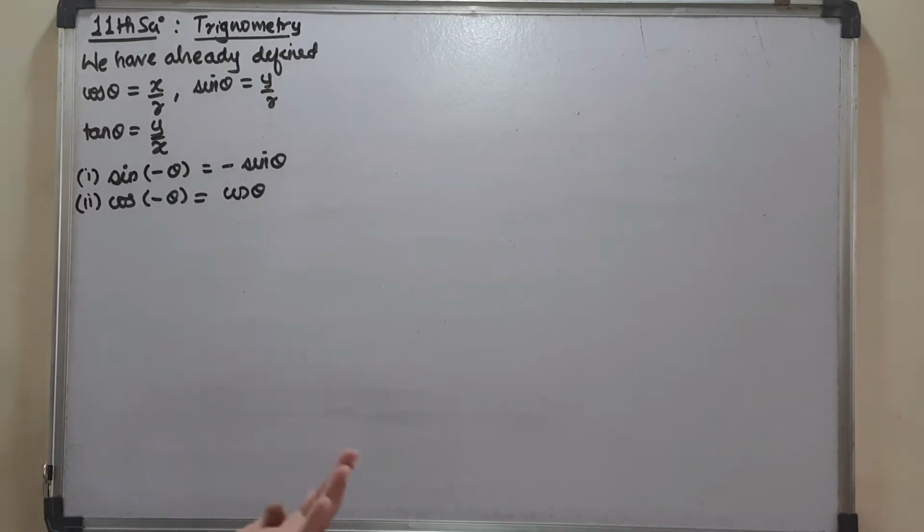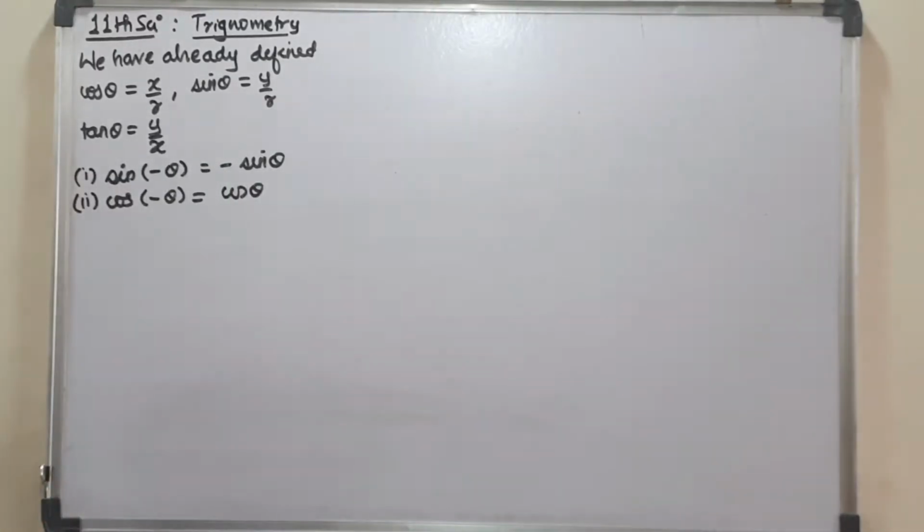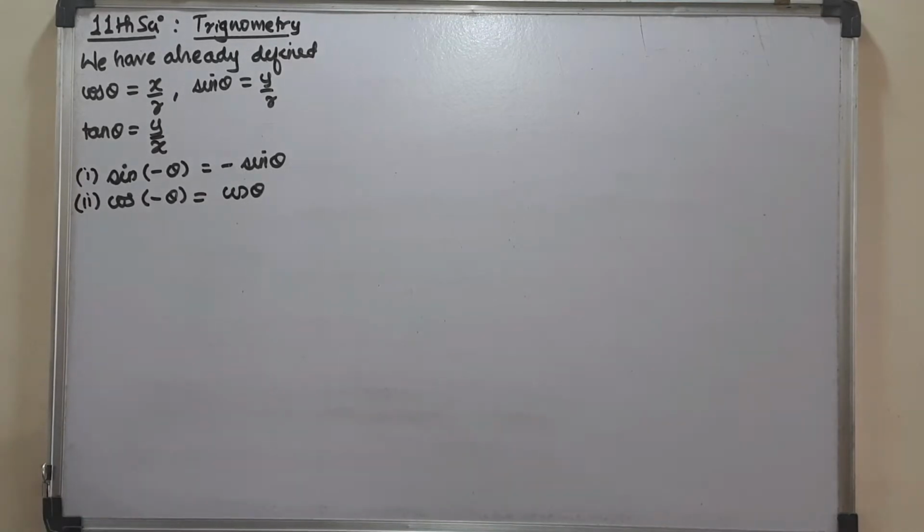We have already defined sin theta, cos theta, tan theta in previous sessions. Actually, we saw, not using the triangle part, for a general point x and y, cos theta is defined as x upon r, indicating that x is nothing but r cos theta, and sin theta is defined as y by r, that is y is equal to r sin theta. Based on that you can get tan theta defined as y by x.